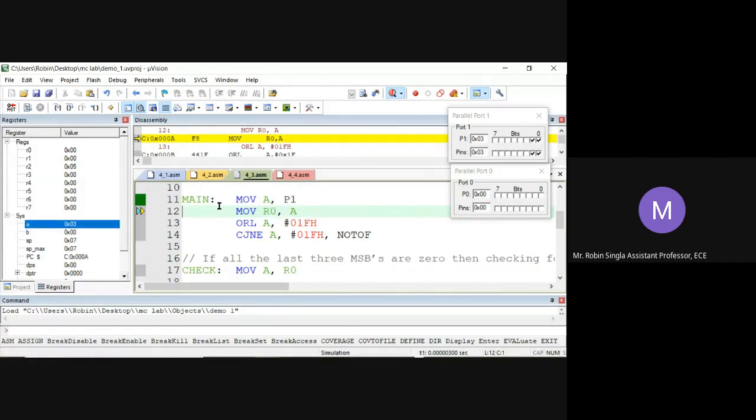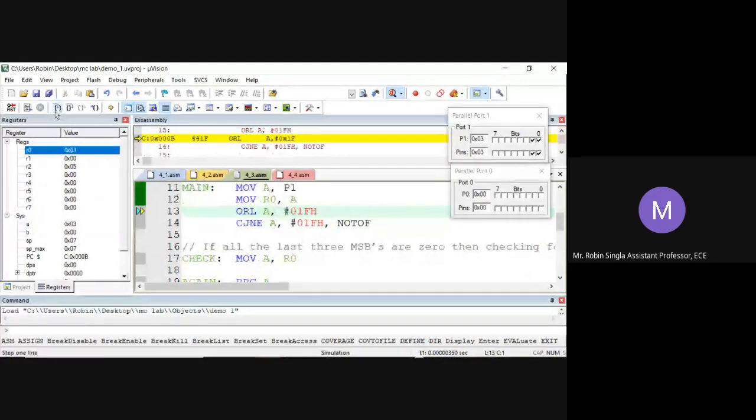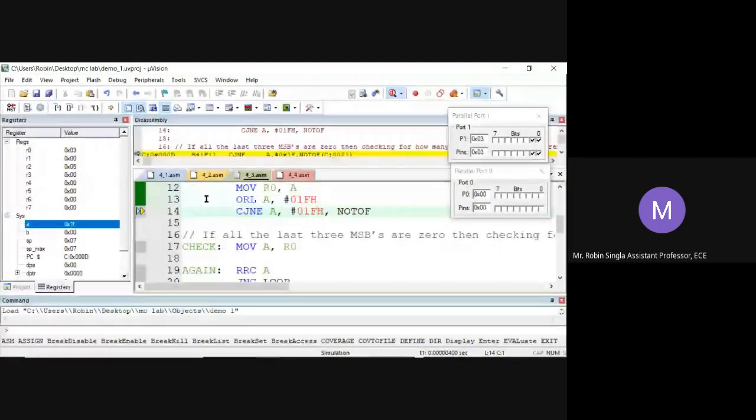So A is now 03 and R0 is now 03. After the logic operation, A contains 1FH. 1FH means all 3 MSBs were 0.